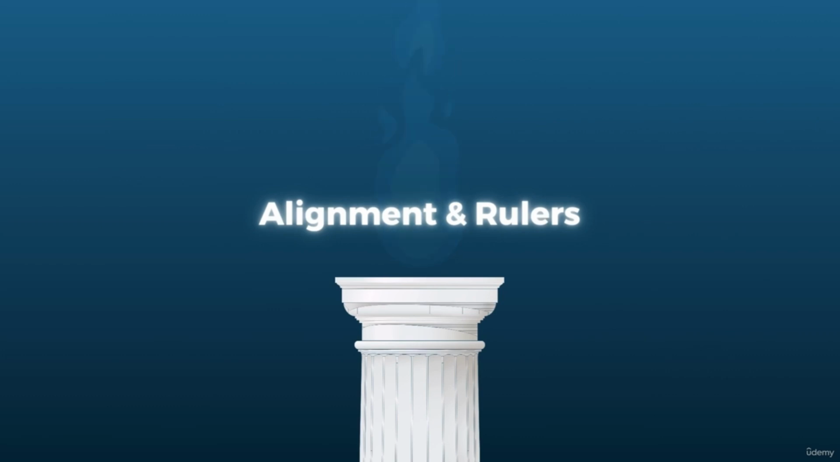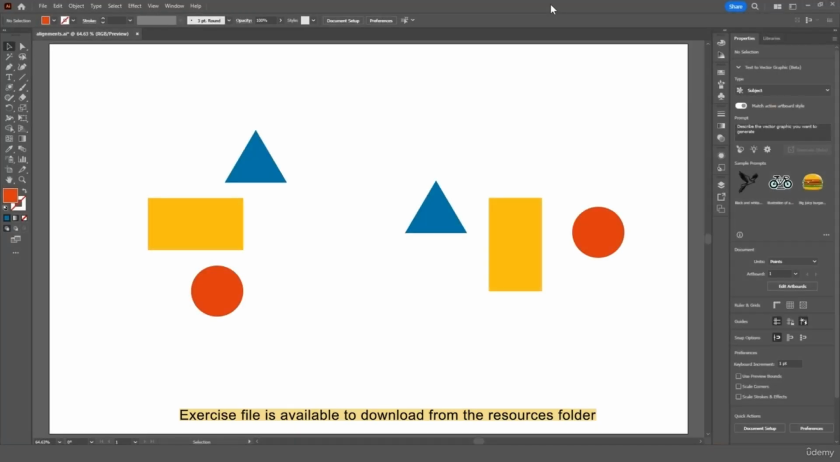So welcome to our alignment and rulers lesson. In this lesson, you're going to learn how to align shapes. As you can see on the screen, there are a few random shapes. Now instead of arranging all the shapes precisely and manually, which is going to take us some time to do,